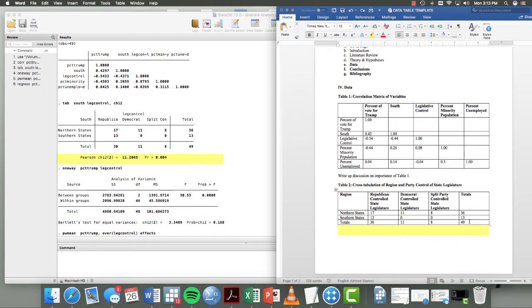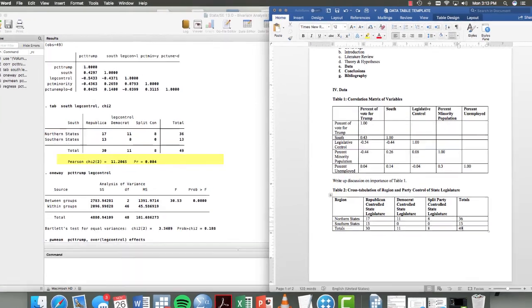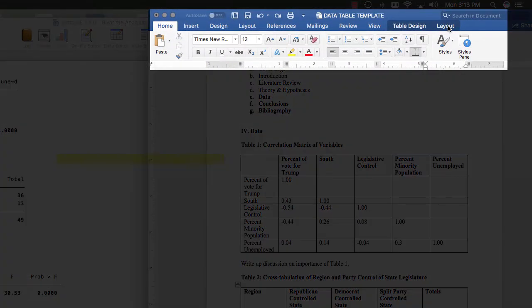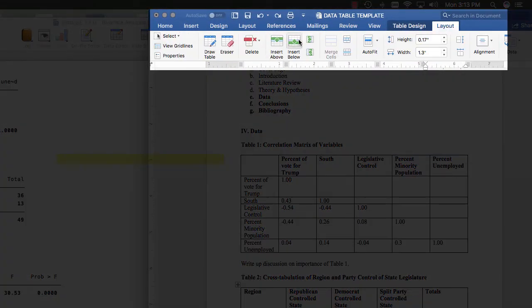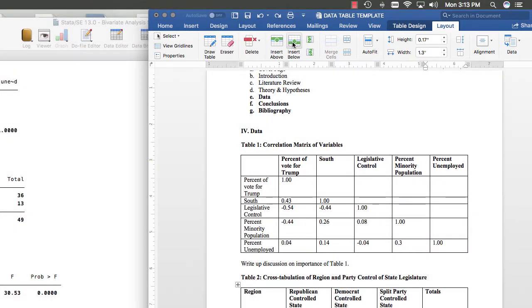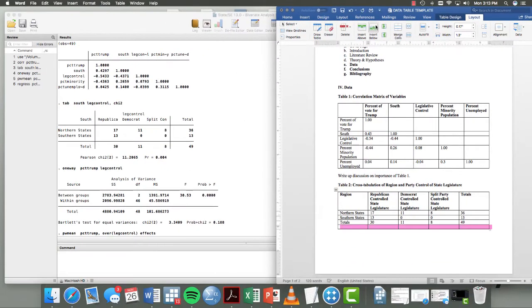So we're going to go to our table, and if you ever don't add enough rows or columns in your data and you need to add more, you can simply go to the Layout tab right here and use one of these buttons, right? So insert row above, below, to the left, or to the right. We're going to add one below, so we're going to click this button here. And we're also going to merge these cells, so this is one giant cell without any column breaks within that